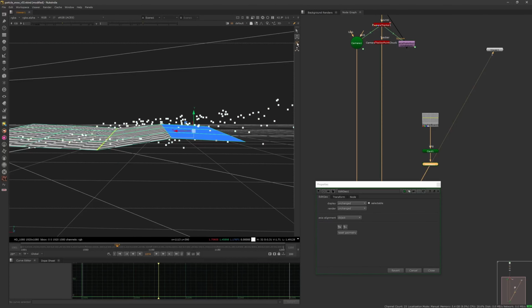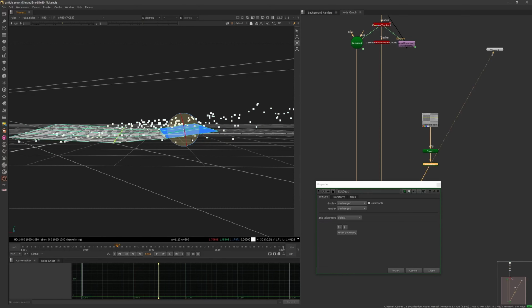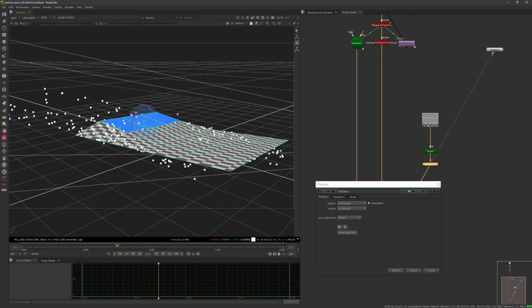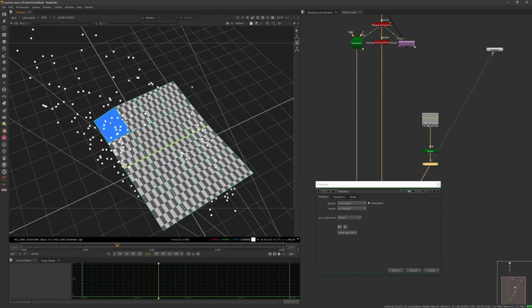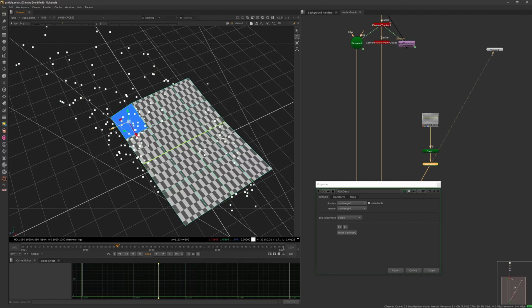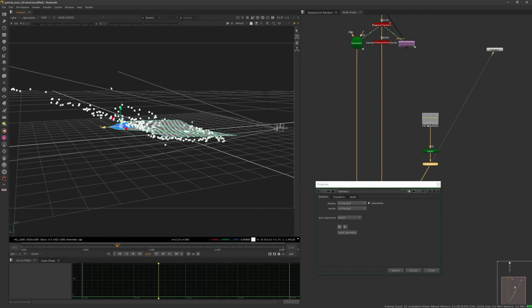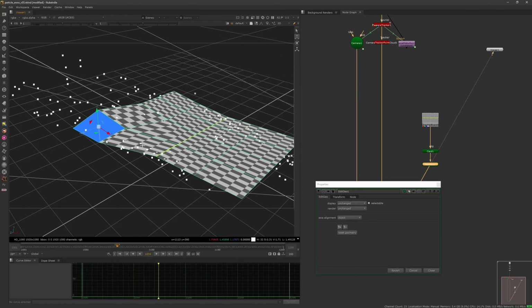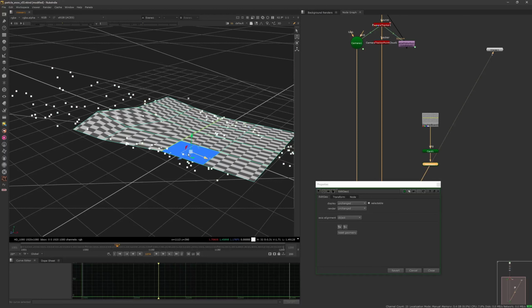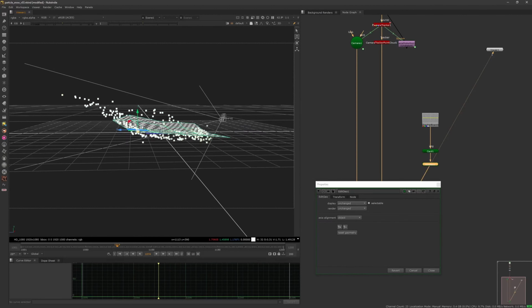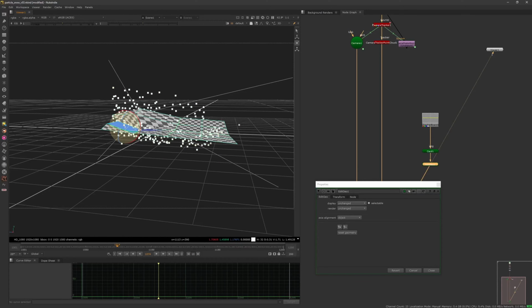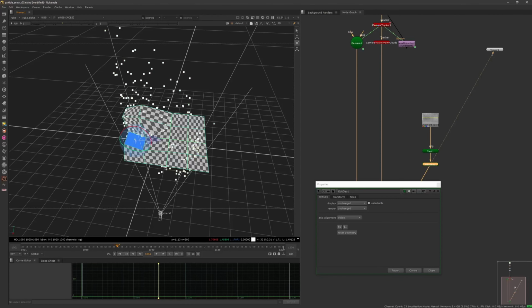I don't really care about that. What happens to the texture? I just want the shape to be roughly following the shape of the snowy stuff. Right, let's push these guys